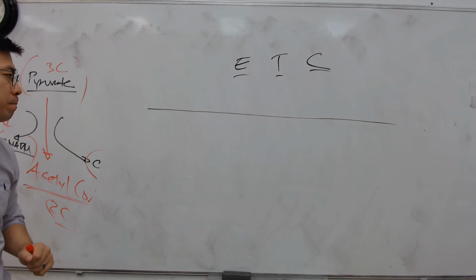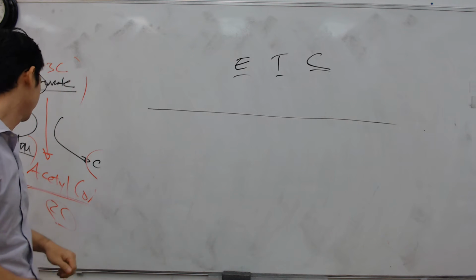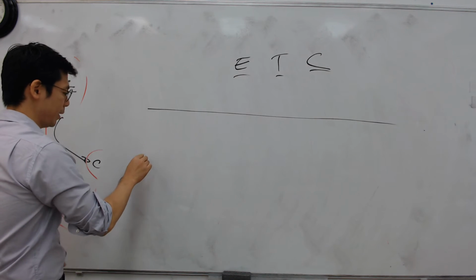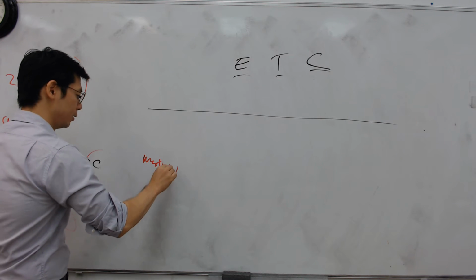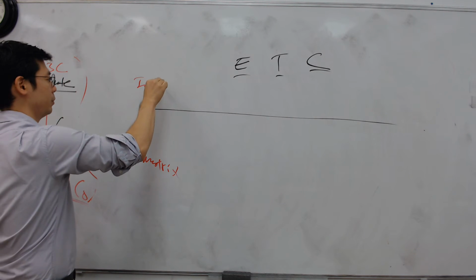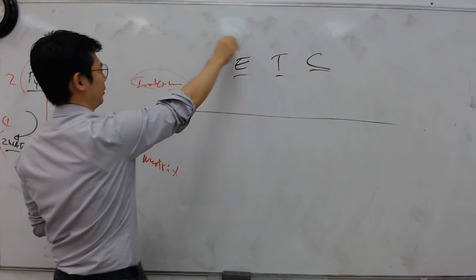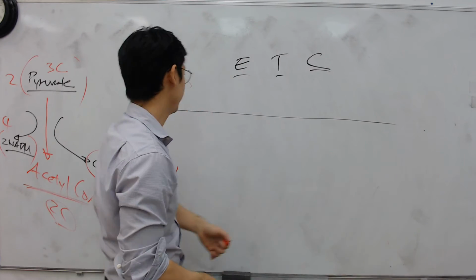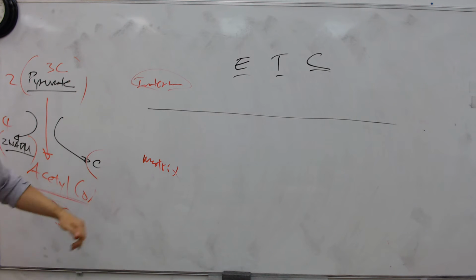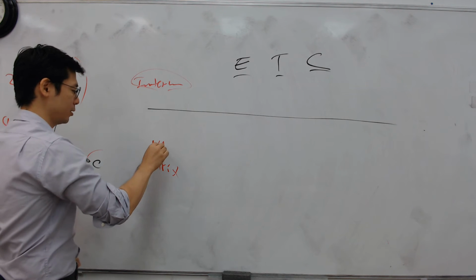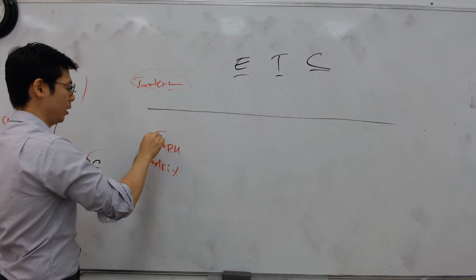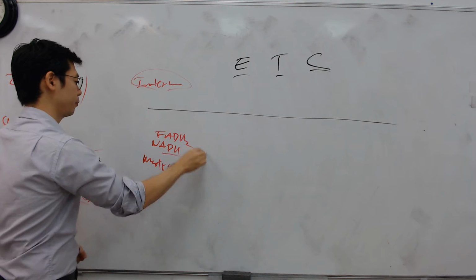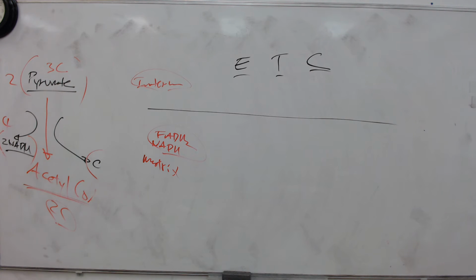So, take a look at it, guys. This is the matrix, okay? This is the intermembrane space, okay? So this is the outer membrane, and this is between. This is the inner membrane, sometimes called the cristae membrane. Intermembrane, matrix, okay? We have produced all these NADHs and also FADH2. So what the hell do we do with this?